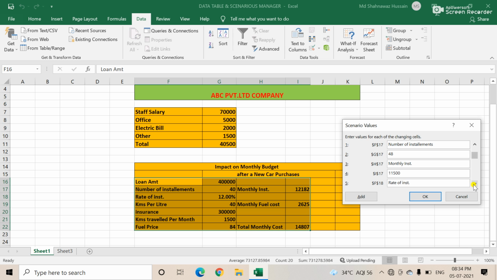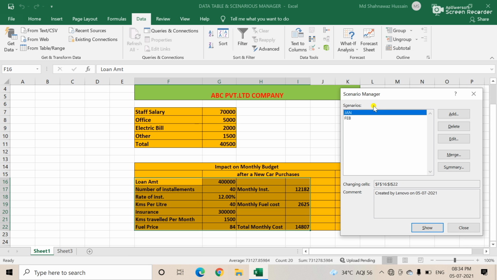Okay, and you see the rate is there, kilometer suppose 55, then click OK. Next, the 2 months are there. Then all of you notice here, in the month of January, just see. Okay, it is changing. The month of February, you see it is changing, right? So in this way you will change it. Okay, so this is the use of scenario managers.